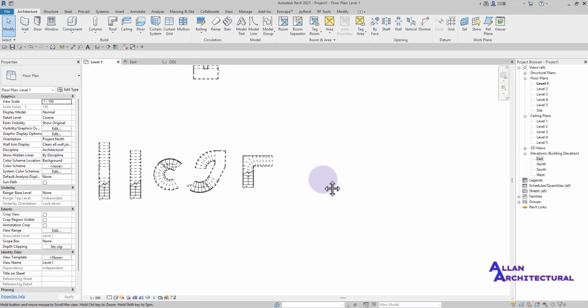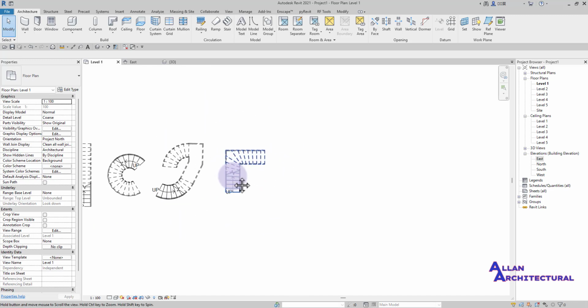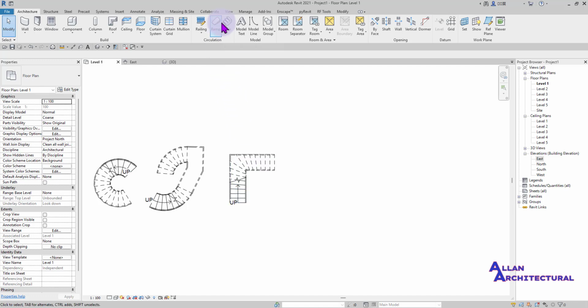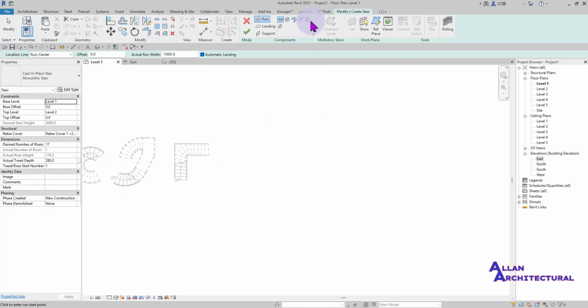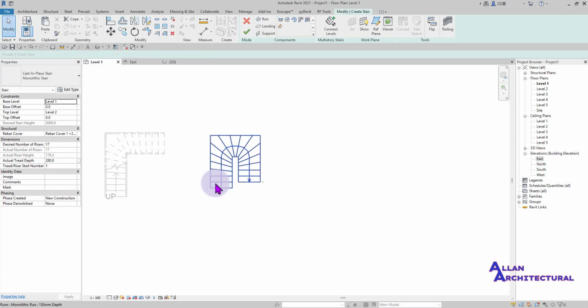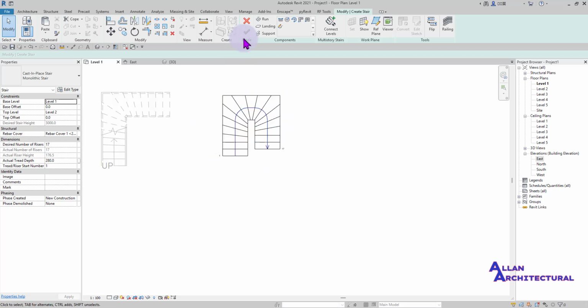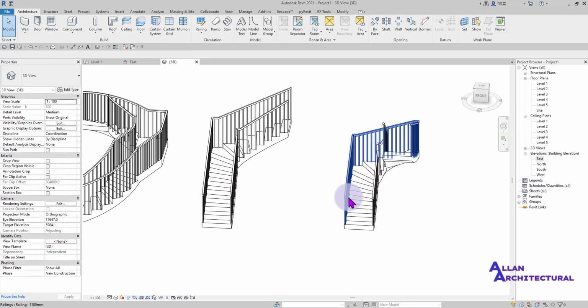So let me head back into level 1. All right, so this is what you can get with the quarter turn staircase. When I get back in there and click on my stair icon, I move to the final U-shaped winder stair. The U-shaped stair is also going to come off like the half turn. When you click that, you're not going to have the opportunity to create a number of risers before a landing. It's going to create all those stairs for you from the start to the finish. So when you finish that, and we head into the 3D view,